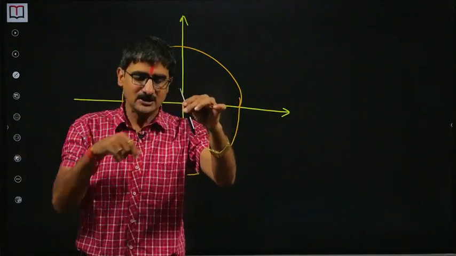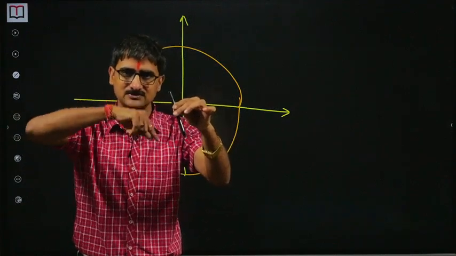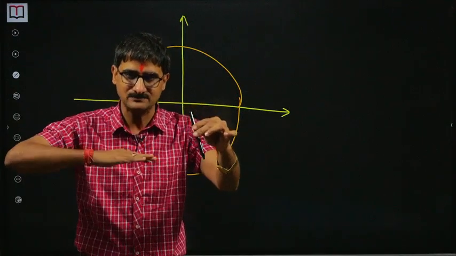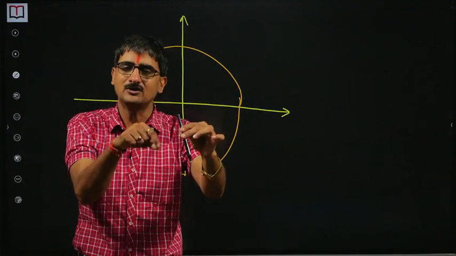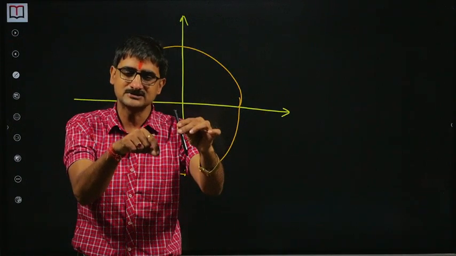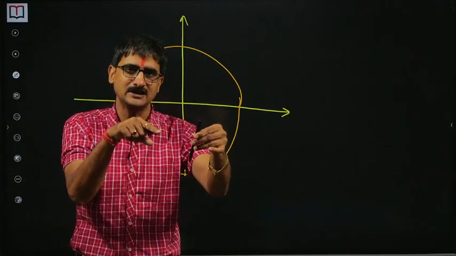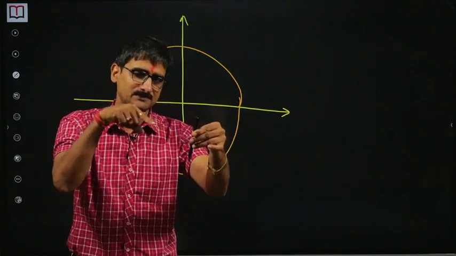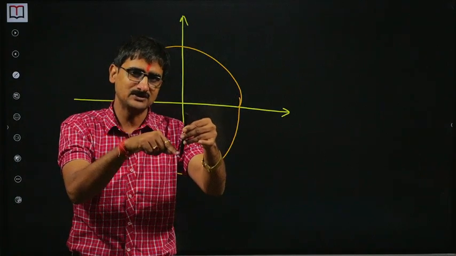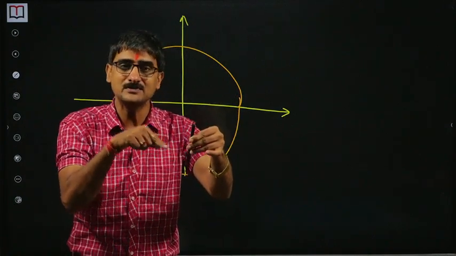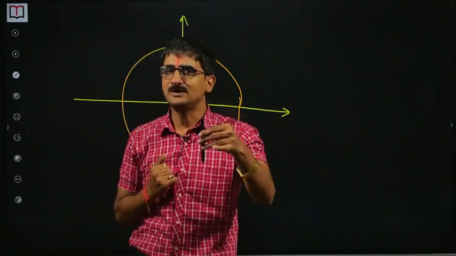So that's the line. Now a point P is on the circle, x square plus y square is equal to 1, on the xy plane, and that's the line. If P is here on the circle, a perpendicular is drawn from P to the line. So let's say this is the line in that direction. This is the perpendicular drawn, PN. We have to find the minimum value of PN.